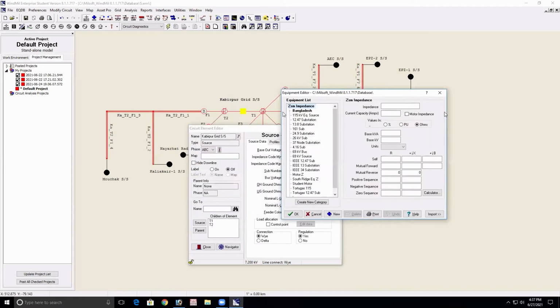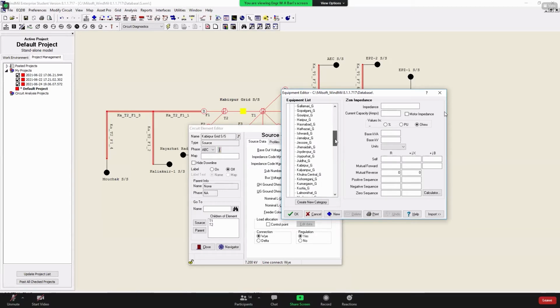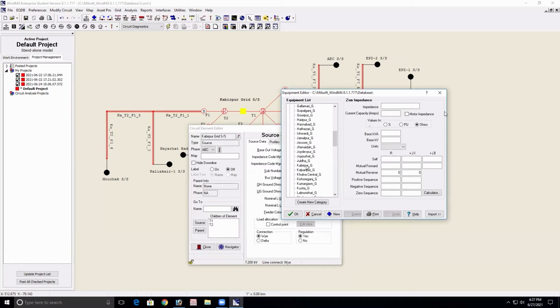Then you will see the Bangladesh. Then you will see the Kabirpur. Look at the Kabirpur. Okay, then select the Kabirpur.